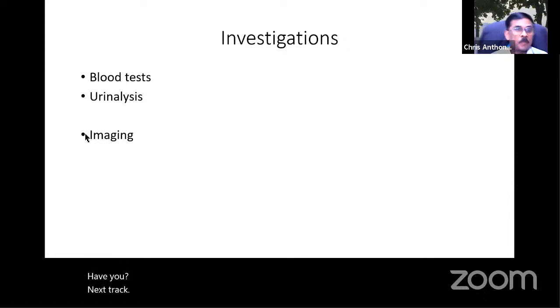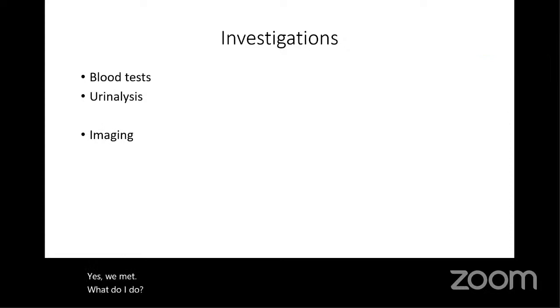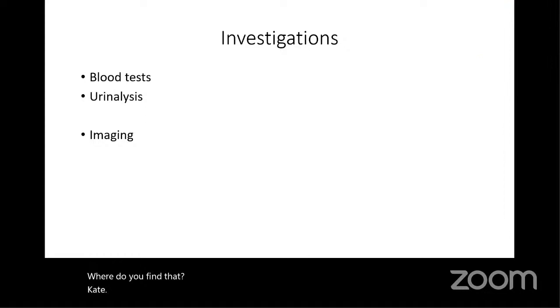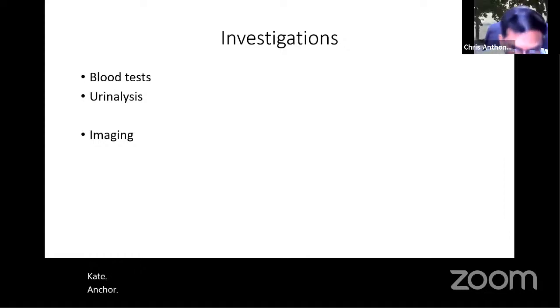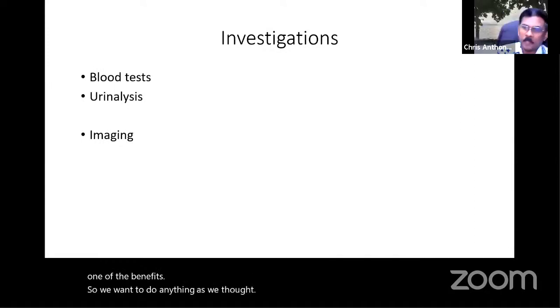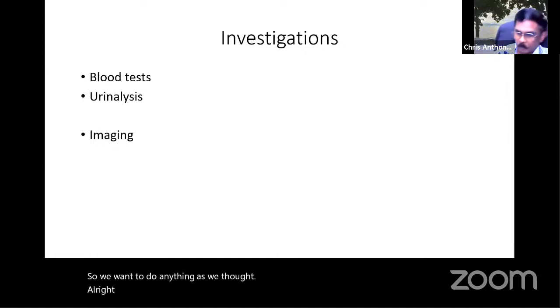Japsim Ranjit, imaging, what do you want to do? Ultrasound, to see the kidney and the bladder. Okay, good. What do you call that in short form? KUB. Good. You want to do an ultrasound KUB. One of the diagnoses is stone. So would you want to do anything else before ultrasound? We'll do an X-ray KUB also. Okay, good. X-ray KUB and ultrasound. I'll show you the pictures afterwards, and you can comment on it.